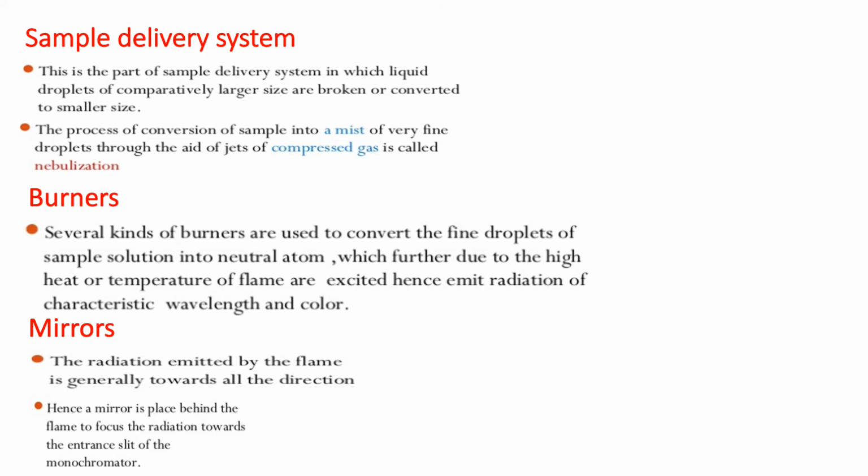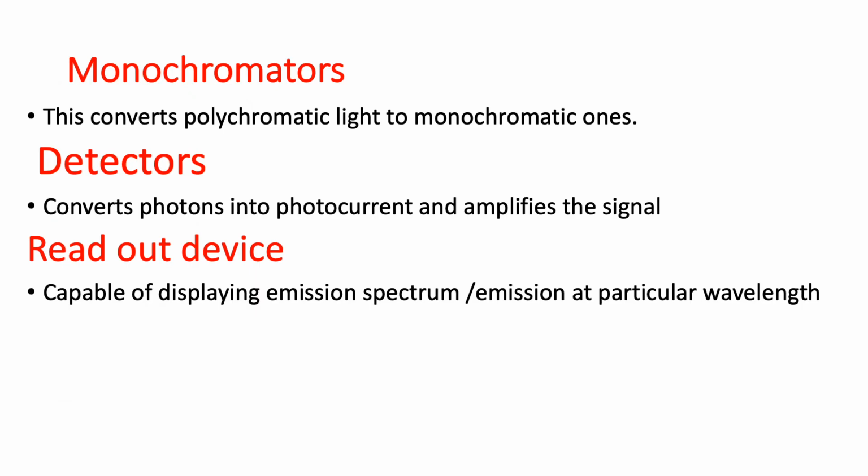In the flame, as I told, electronic transitions occur and these atoms emit light radiation. These radiations will be properly focused onto your lens or photodetector or your monochromator. That is the function of this mirror. They are going to focus all emitted light properly onto your monochromator or lens. This contains two things, lens as well as monochromator. That lens we had seen when we saw the outline diagram of our flame photometer.